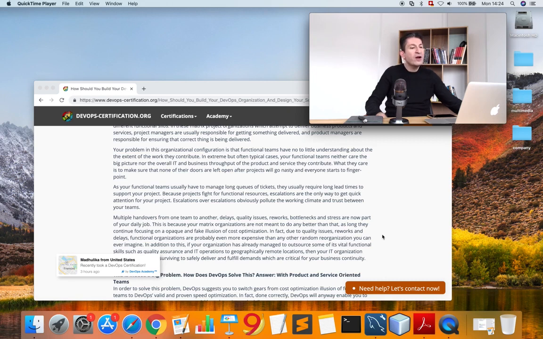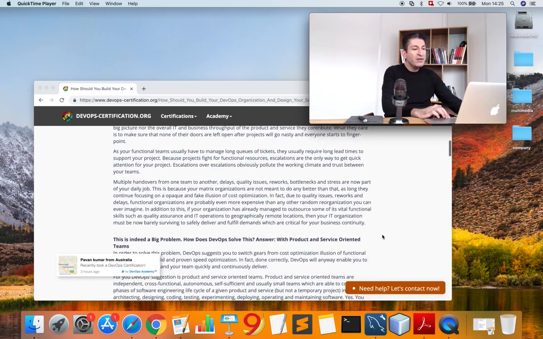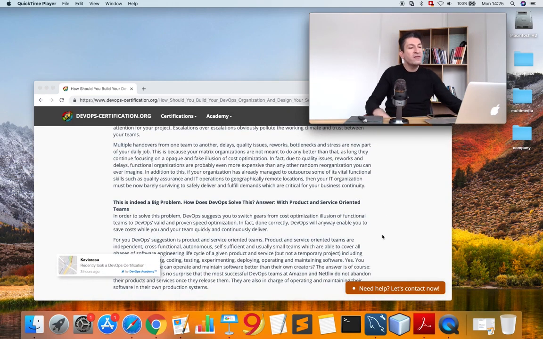They usually require long lead times to support your project. Because projects fight for functional resources, escalations are the only way to get quick attention for your own project. Escalations obviously pollute the working climate and trust between the teams. Multiple handovers from one team to another, delays, quality issues, reworks, bottlenecks, and stress are now part of our daily job. This is because matrix organizations are not meant to do any better than that,